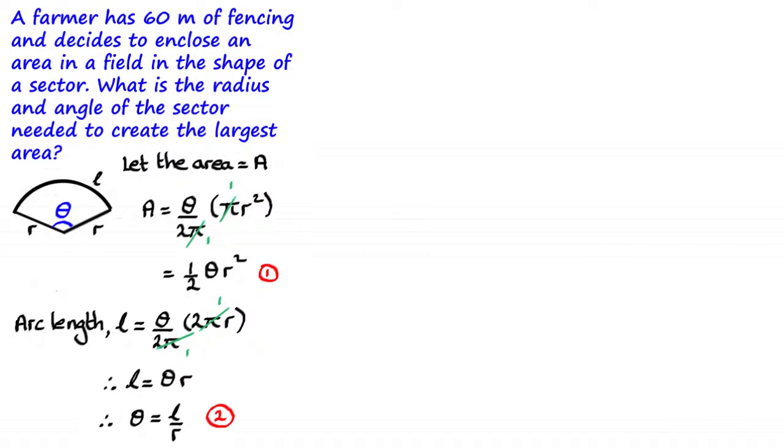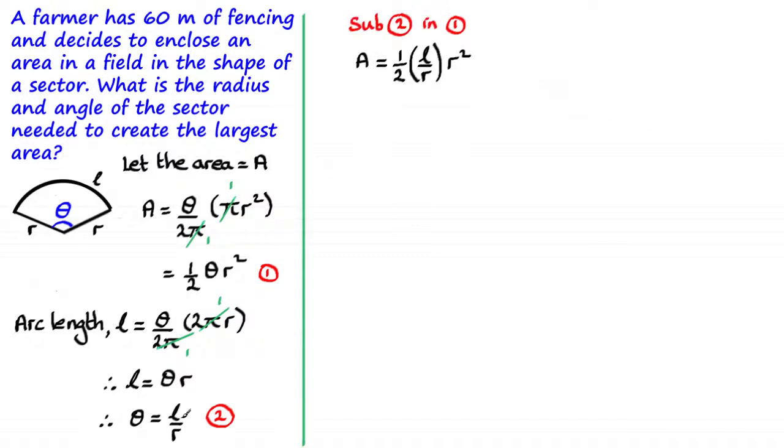Both Ella, Natalie, and T2, looks as if you've got the right answers. Good, because all we're going to do is substitute equation 2 into equation 1. Substitute L over R in place here, which I've done here. The R's cancel and you are left with the area is half LR. So what we've now got is an equation for A, not in one variable, but in 2 variables, L and R. We still got to work towards getting A in terms of 1 variable.